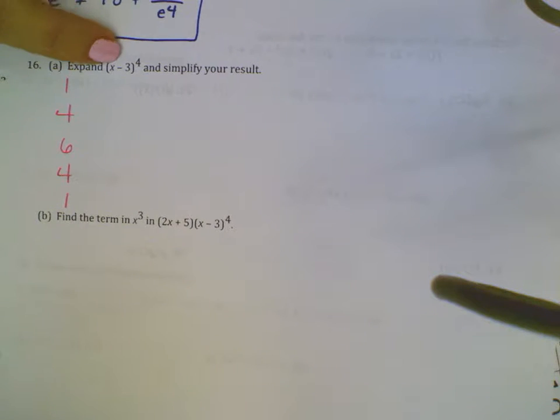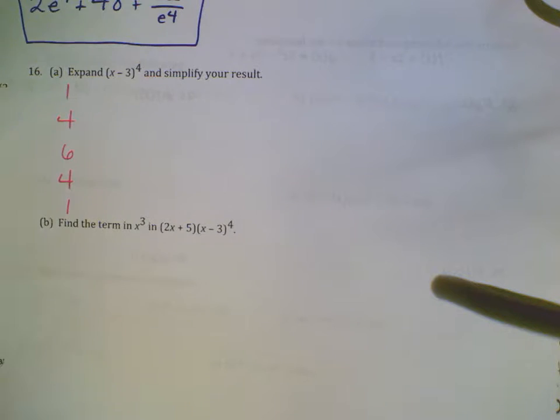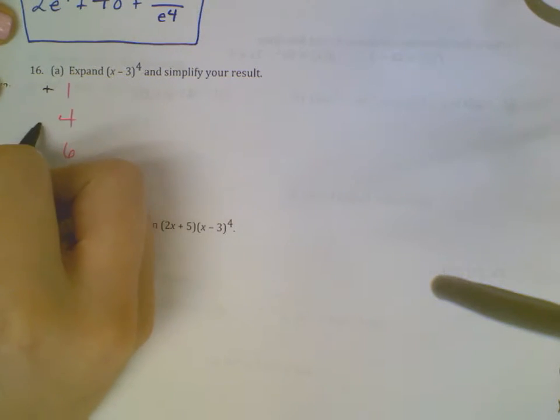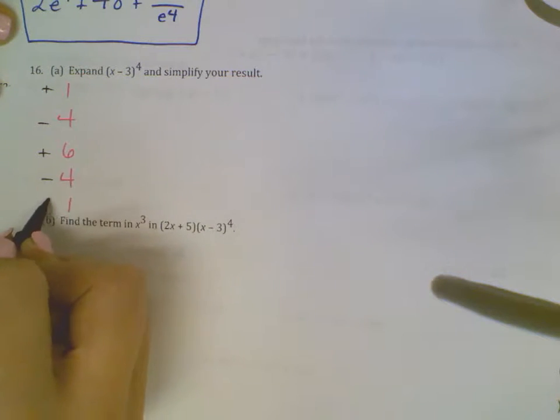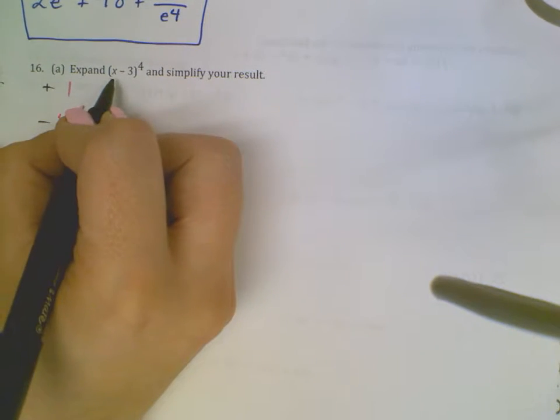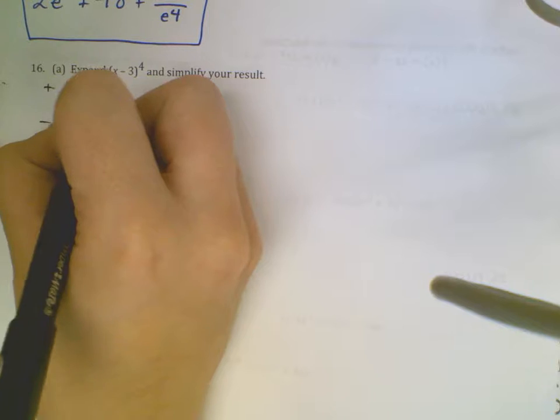And we need to keep in mind that we are subtracting. So there are a couple different ways to do it. You can make sure that your negative 3 will be in parentheses, or you can say, okay, this will be positive, this will be negative, this will be positive, this will be negative, this will be positive. I'm going to do it this way for this one. If you had left that off, remember that your negative 3 needs to be in parentheses when you put it in your calculator. So my first term is x, and I'll raise that to the fourth,